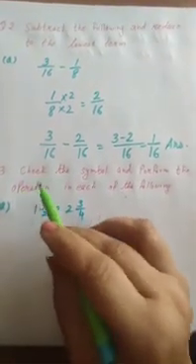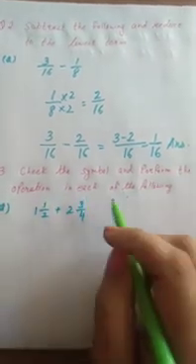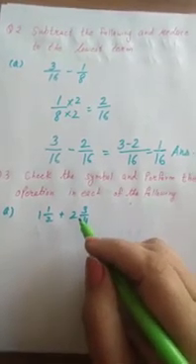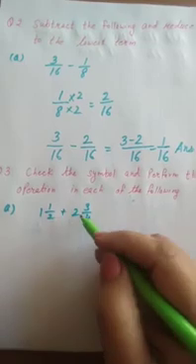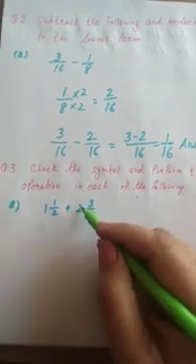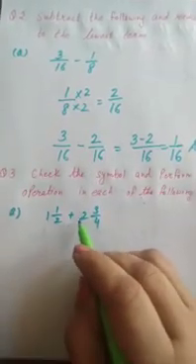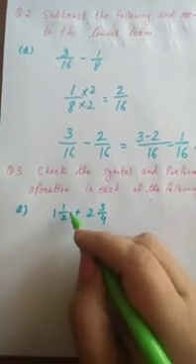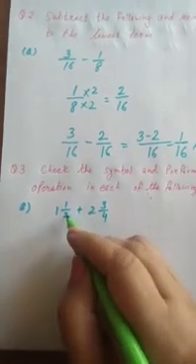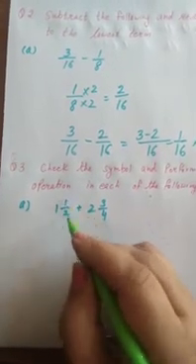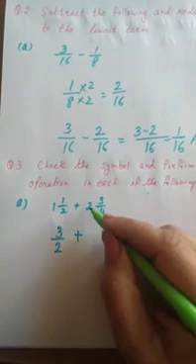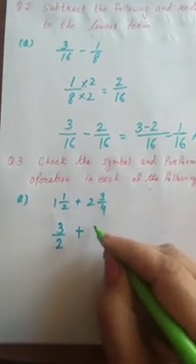Now we start question number 3. Check the symbol and perform the operation in each of the following. In this question, you will get a mixed bag of questions. Some questions are of addition and some are of subtraction. So first of all, check the symbol given and then perform accordingly. As we see here, this is a question of addition. So first of all, we convert these mixed fractions into improper ones. 2 1s are 2, 2 plus 1, 3 by 2, plus 4 2s are 8 and then plus 3, 11